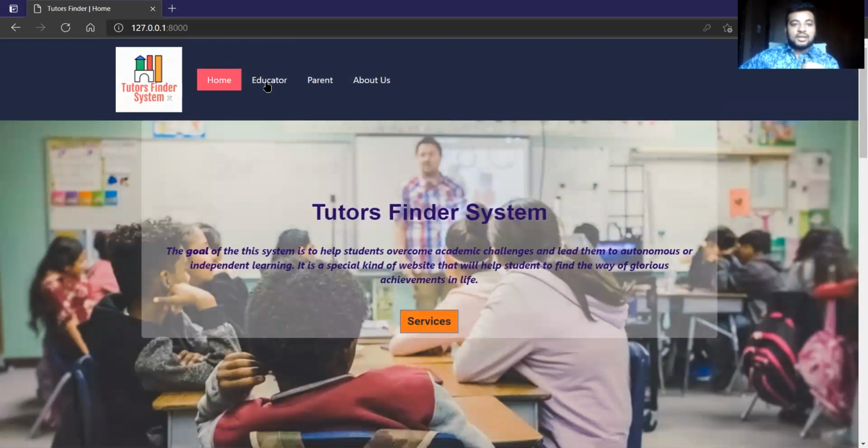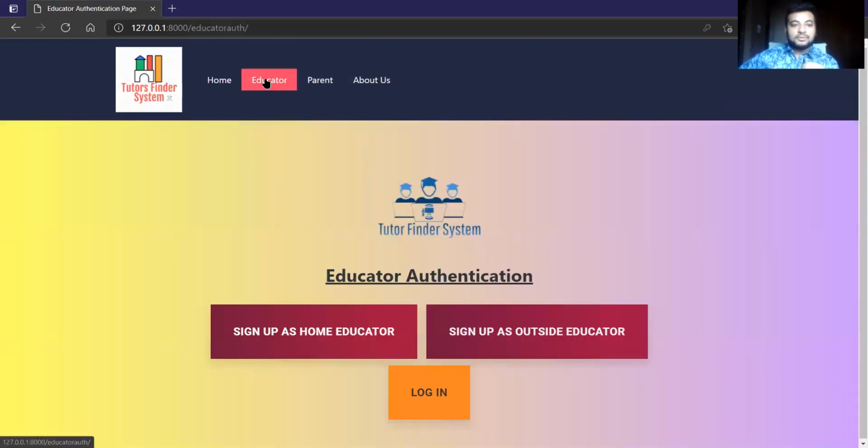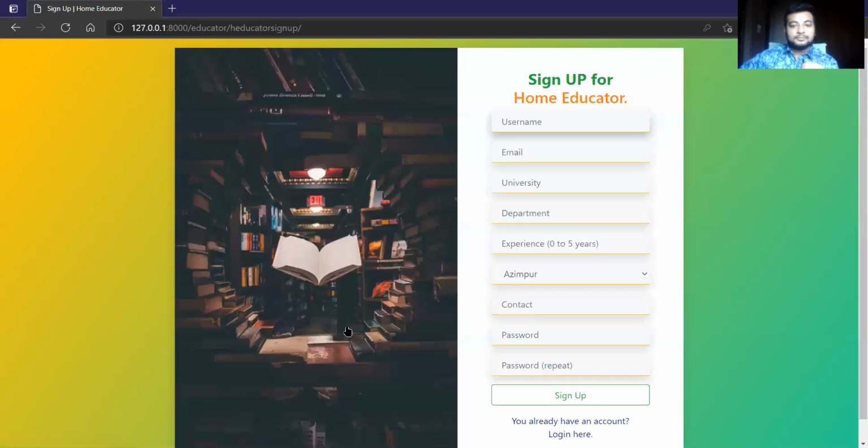After that, the educator panel. We can see two types of signing option for home educator and outside educator, and a login option for the user. We will sign up as a home educator.